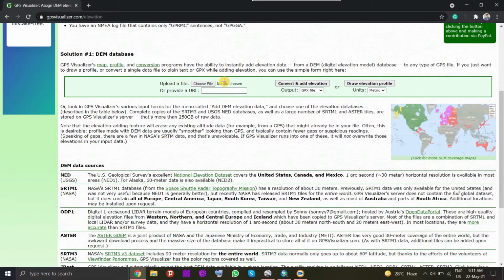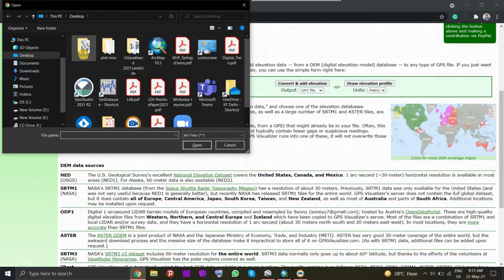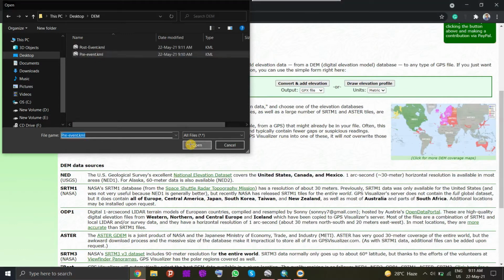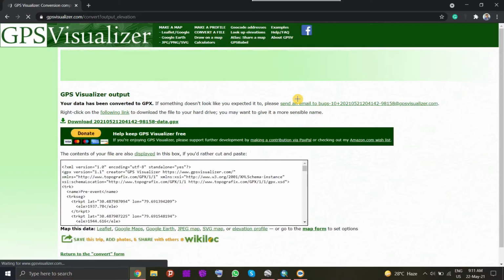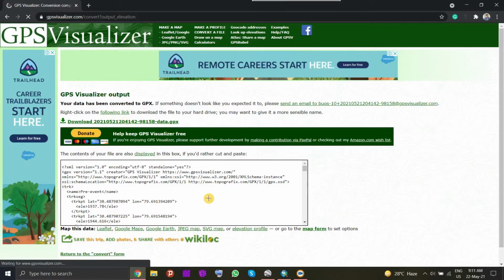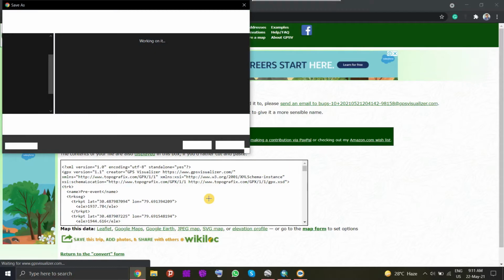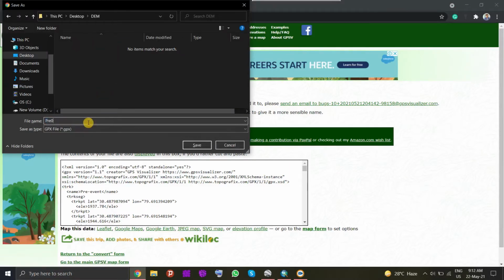So what we will do here is upload our KML file and submit it, and this site will provide the elevation values for our latitude and longitude as the best fit according to whichever DEM data source suits us best. Once you do that, it will create an output file in GPX format. This is how you do it, and you can see that latitude, longitude and elevation values have been added, but this file is in GPX format. For better interoperability, we will convert this file into text format, or .txt format.